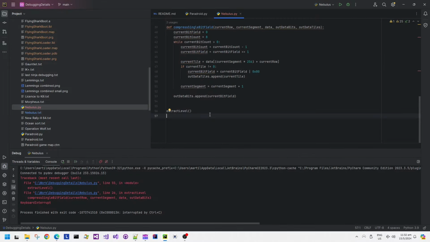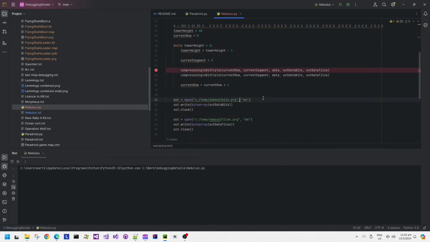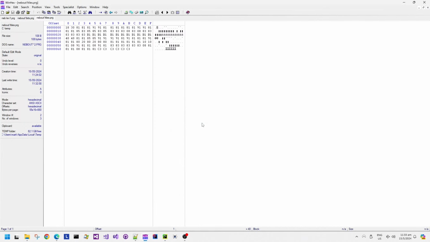At this point we have the compress single bit field method, or function if you like, which is called twice because don't forget that the decompression routine also decompresses the bit fields twice. It's at this point that I realize that I need the original data. If I want to compare my compressed output with what is actually in the game's memory, I need to have an unmodified Nebulus level 1 rather than Nebulus level 1 with my lift modification. So let's save out that unmodified level data